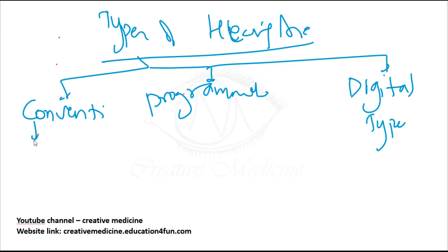In the conventional type of hearing aid, there is increased volume of all incoming sounds with minor adjustments. Whereas the programmable type is mainly programmed by a computer and has some flexibility for adjustment based on preferences and listening environment. Then the digital type is programmed by software or an audiologist to allow dramatic flexibility in adjustments, and this digital type will enhance the clarity.